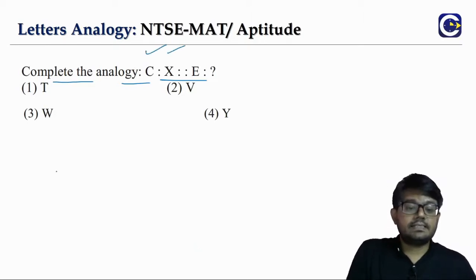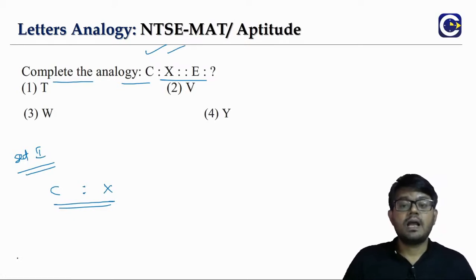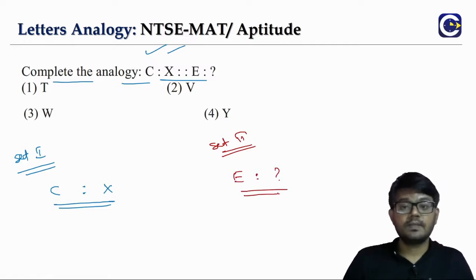C and X. The procedure is always the same. What is set 1? C and X. We have to see what the relation between them is and apply the same relation to set 2. Set 2 is E and one more letter that is missing. Initially for the practice problems, we are choosing different types of examples so that you get an idea of the ways we have to think. So here